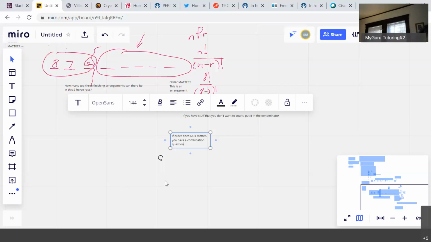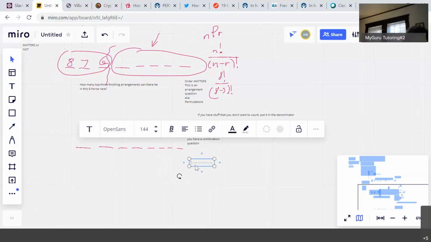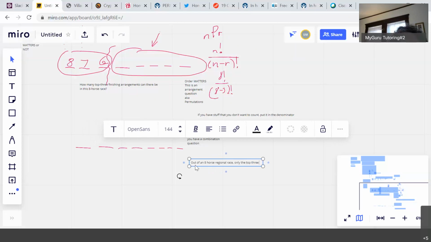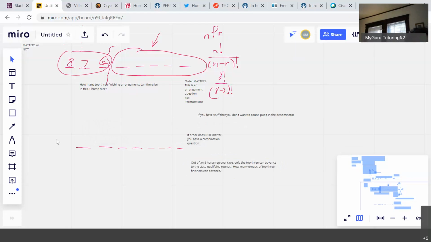So let's go back to the horse race here. Say you've got 1, 2, 3, 4, 5, 6, 7, 8. And these will be phrased a little bit differently. Say you have something like, out of an 8 horse regional race, only the top 3 can advance to the state qualifying rounds. How many groups of top 3 finishers can advance? This is a little bit different because we are not talking about 876 and